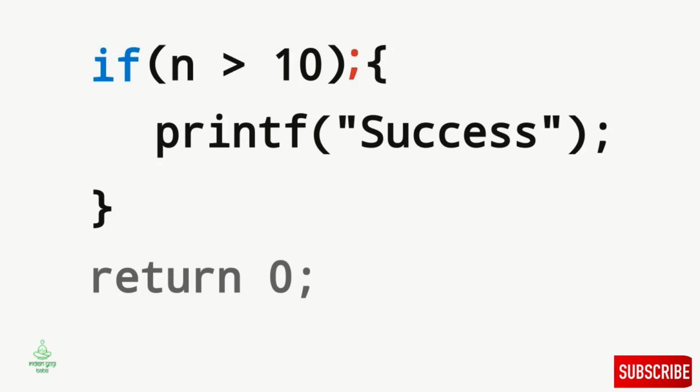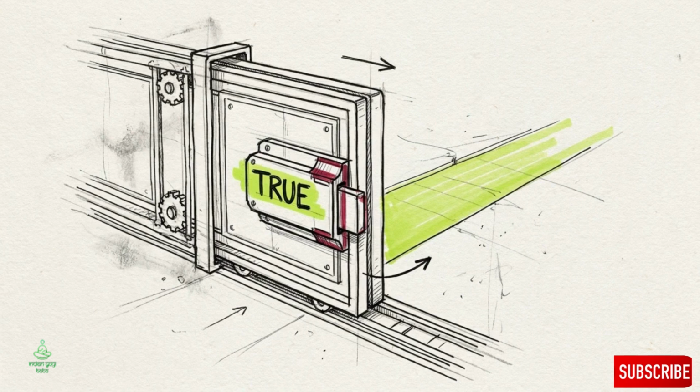Watch out for the semicolon trap. If you place a semicolon immediately after the condition's parentheses, it creates an invisible empty line of code. It stops the condition right there, meaning the code block below it will execute no matter what. Think of the simple if statement as a locked one-way gate. It only opens when the specific condition you set evaluates to true.